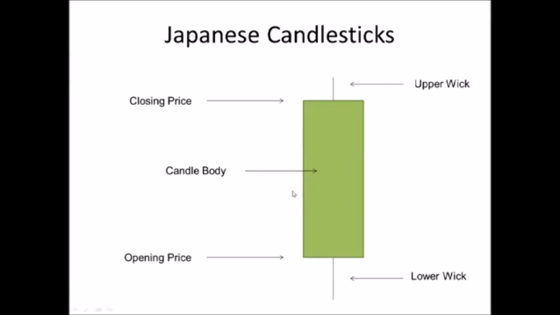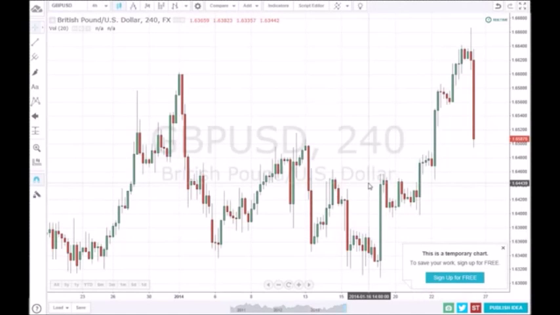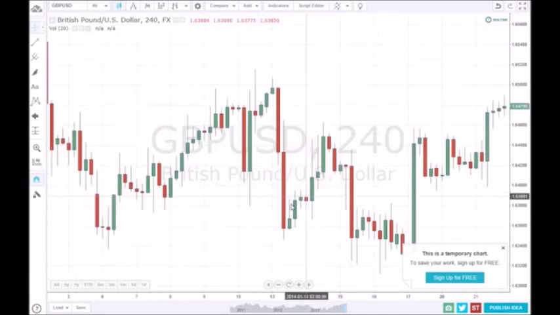So let's look at some real life Japanese candlesticks. This is a chart of the British pound against the US dollar, and it's a 4-hour time frame. So each of these candles represent 4 hours of price data. If we zoom in to get a better look at these candles,